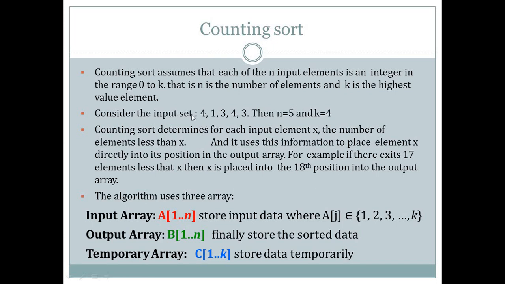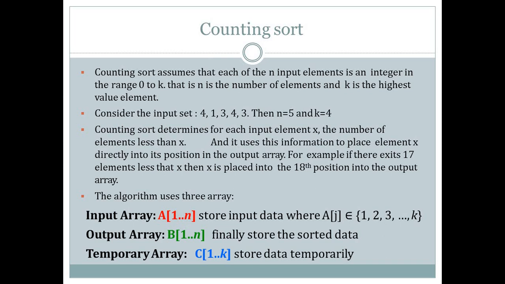One thing you have to see here is that in this set we have the number 4 two times, the number 3 two times and the number 1 a single time. In previous comparison based algorithms, all our numbers were distinct, or unique, in our set, but here we will have some repeated values also. So we will sort our repeated values by counting sort also.